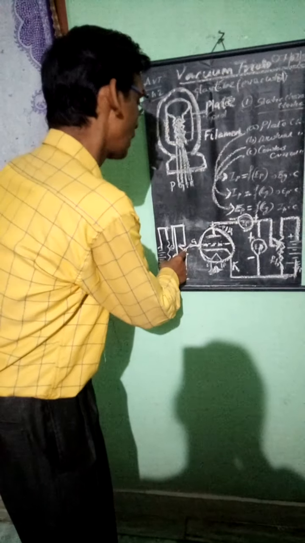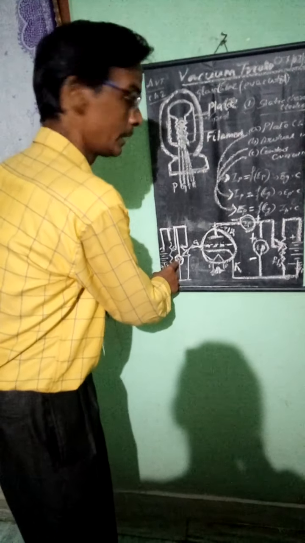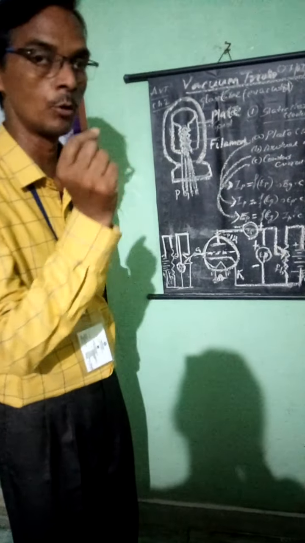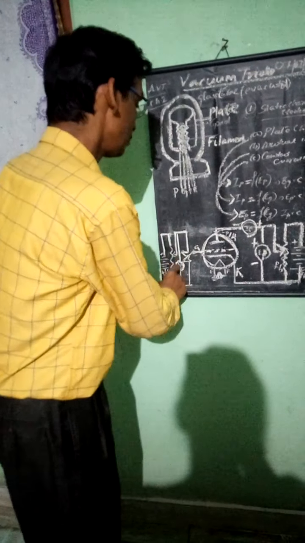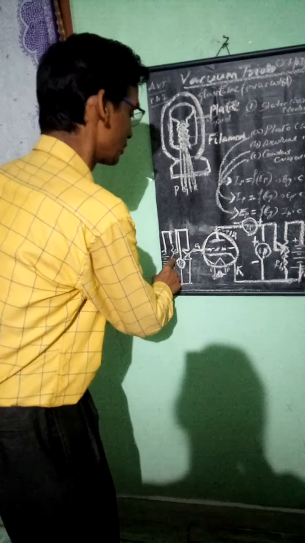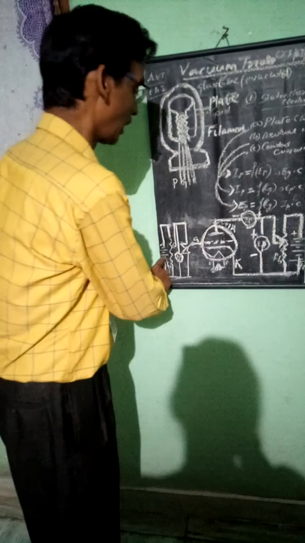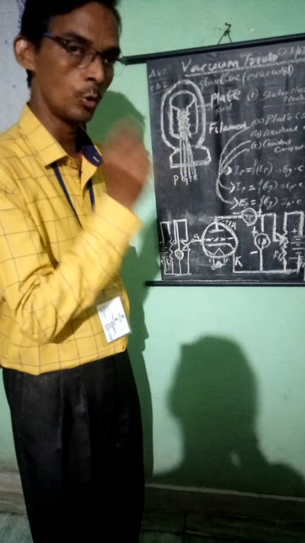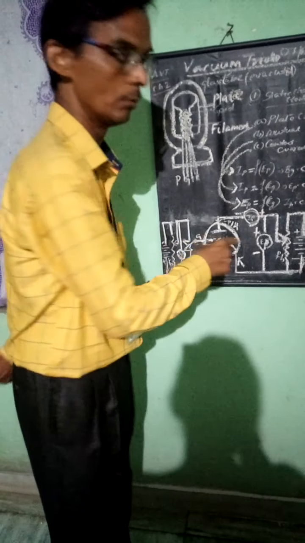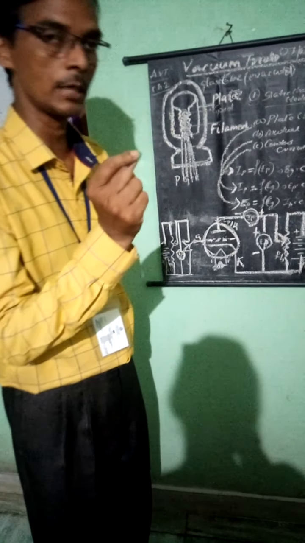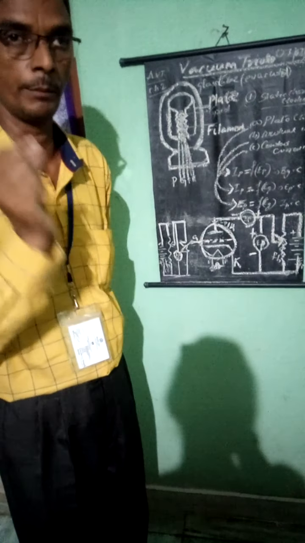I am connecting this one by means of a voltmeter to measure the amount of voltage applied to the grid. Then you see that will be arranged with respect to a rheostat. Then the total potential difference is there with respect to EG, in the grid terminal voltages. At a time, the whole grid potential will not be applicable. You can take it the grid potential may be positive, may be zero, may be negative.